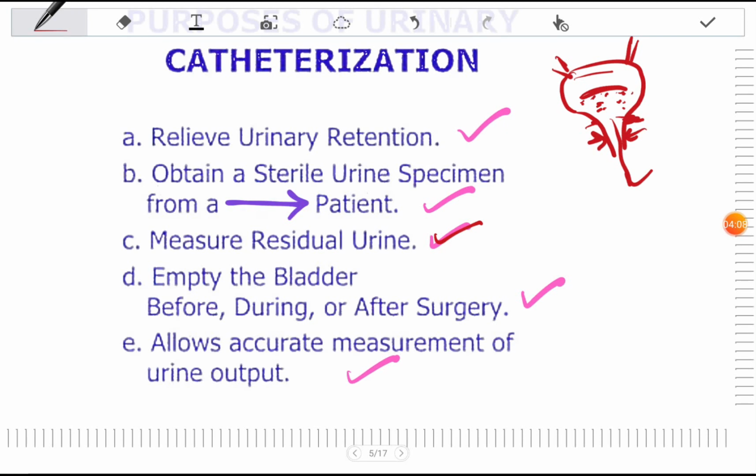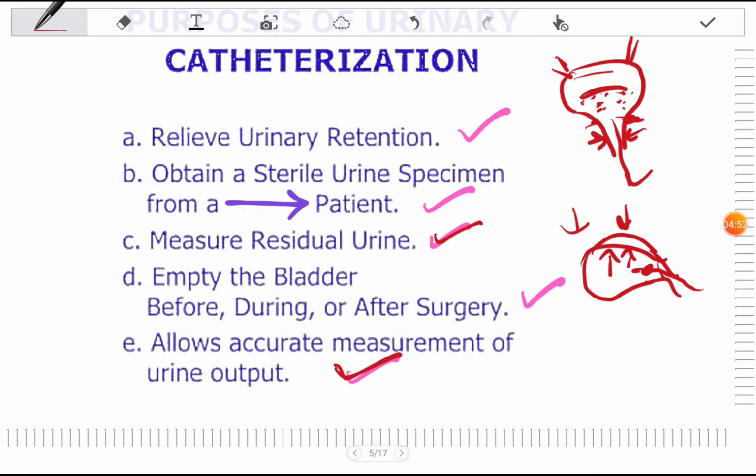So during the surgery, anesthesia is given to the patient. It decreases all the activities which leads to puffing up of the bladder. If any surgery is going on, there is a risk that the bladder might rupture. So to prevent this, we insert a urinary catheter right here so that the bladder doesn't inflate much or it remains normal even if the patient is under anesthetic effect. It also allows accurate measurement of urine output.